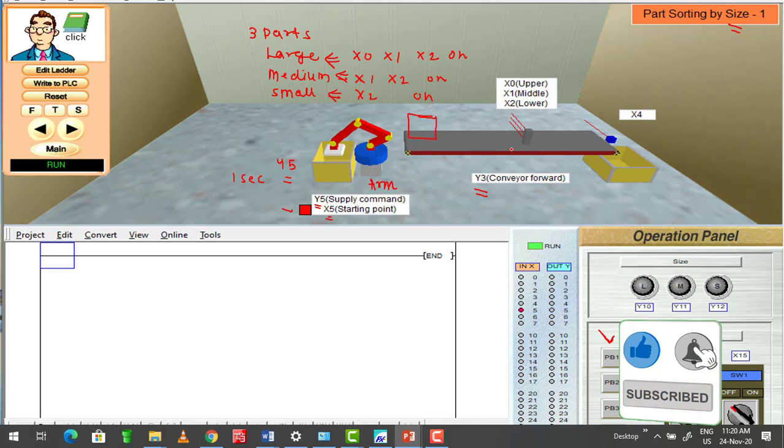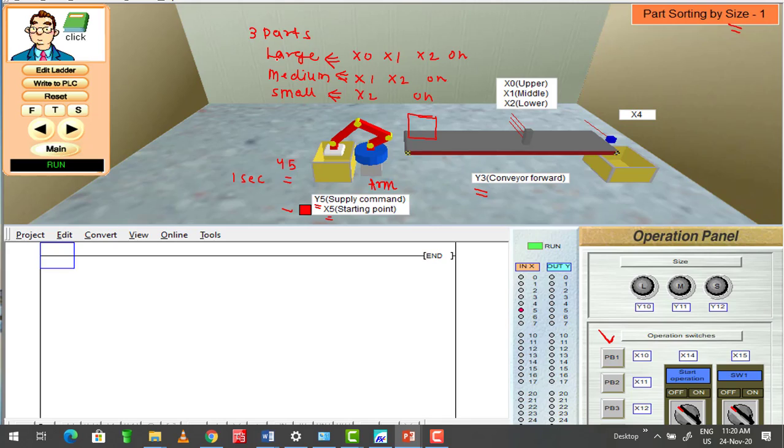This sensor tells us whether the part on the conveyor is large, medium or small. After that, the conveyor moves towards the sensor X4. The X4 sensor gives us an indication that the part on the conveyor has moved to the outer box.